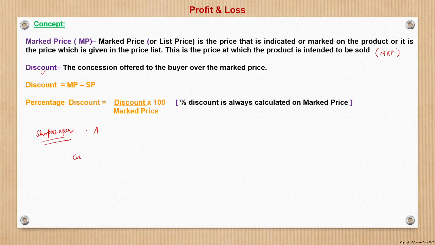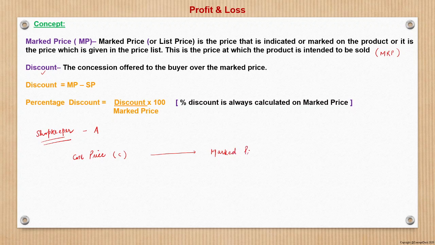That is a cost price, right? Cost price. So certainly if he purchases the item at cost price C, he is not going to sell this item to a customer at C. He will actually keep some profit over it, right? So what he does actually, he will mark up the price. Say suppose the shopkeeper bought the item at price C, he will mark up the price. He will put a different price tag, and that price tag will indicate the new MRP of the product, which is known as marked price.